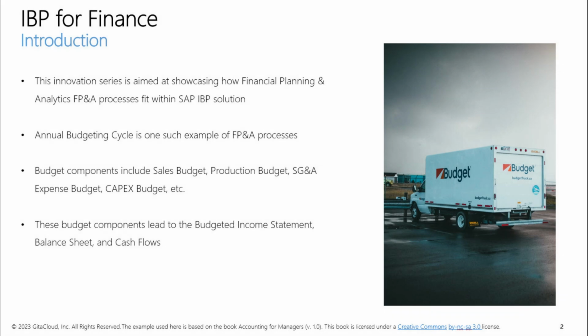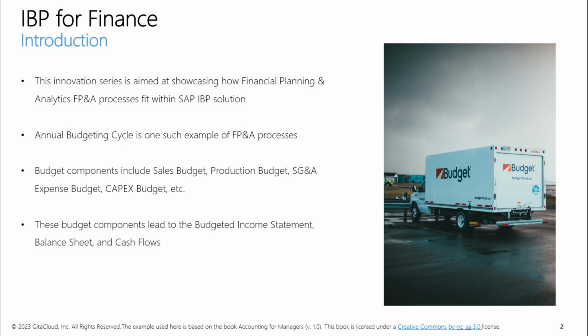SAP IBP is mostly used to support sales and operations planning processes. Finance runs parallel FP&A processes and other toolsets to develop a full set of financial forecasts, such as budgeted income statement, budgeted balance sheet, and cash flow budget. This results in a fragmented planning landscape, duplication of effort, and inability to run what-if simulations across supply chain and